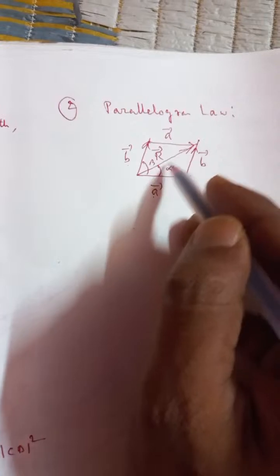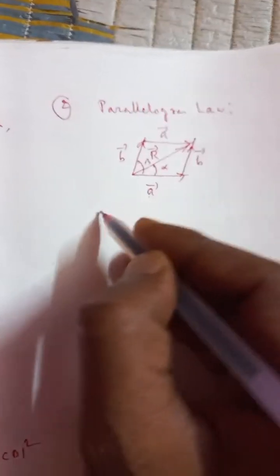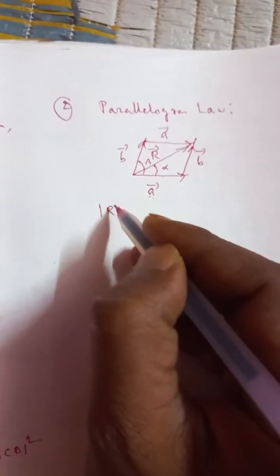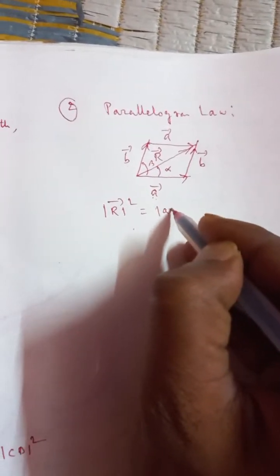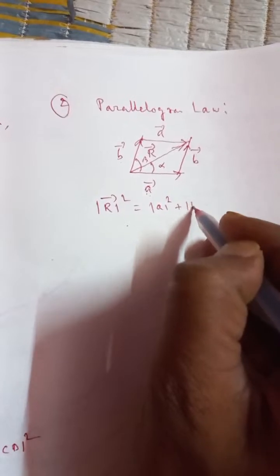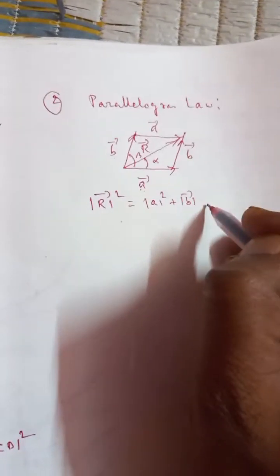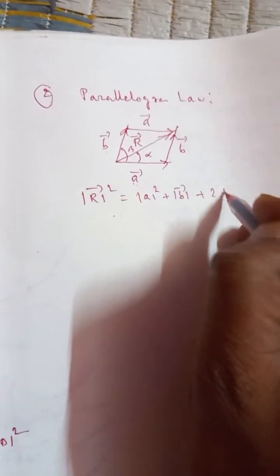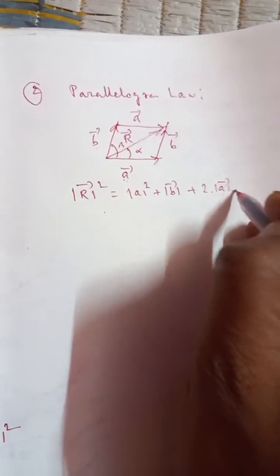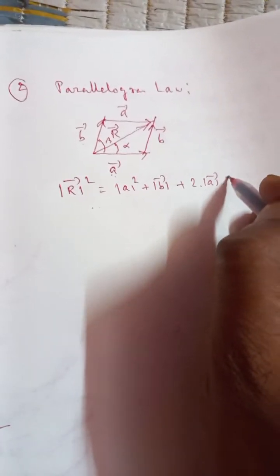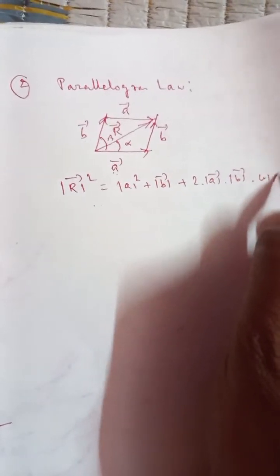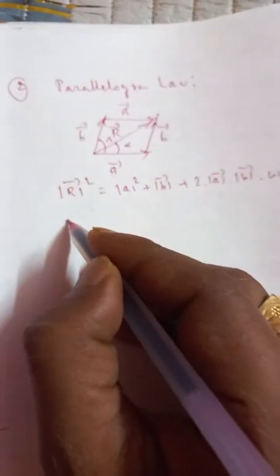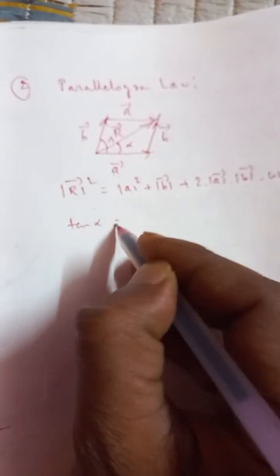In the triangle law we found mod of R vector whole square is mod of A vector whole square plus mod of B vector whole square plus 2 into mod of A vector mod of B vector cos beta,